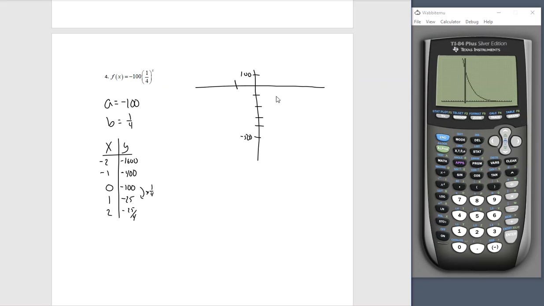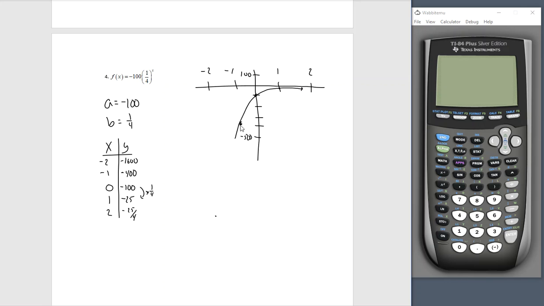I'm going to keep these values nice and straightforward. At 1 and 2, and negative 1 and negative 2, 1600 is way too hard for me to find. At negative 1, negative 400 is here. At 0, negative 100. At 1, negative 25. And we find